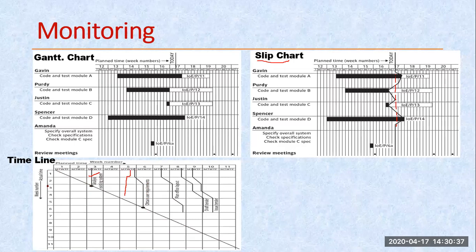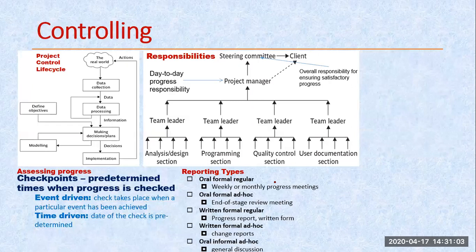So here we are representing again my actual time and my planned time. Planned time is represented along the horizontal axis, and along the vertical axis we are representing my actual time. So now we are able to judge whether we are able to complete my project on time or not. So these are all monitoring techniques, which are very important. I hope we started discussing this in the last lecture.